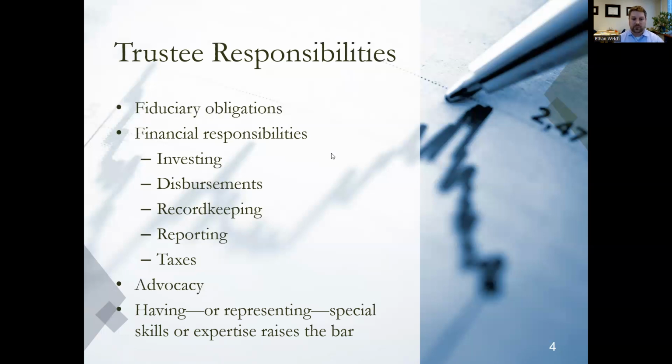The financial responsibilities then for the trustee, well, obviously we need to invest this money. We have to disperse this money. There's a lot of record keeping, and there are taxes that need to be accounted for. What makes the trustee of a special needs trust a lot different than a typical trust is there are a lot more reporting requirements,